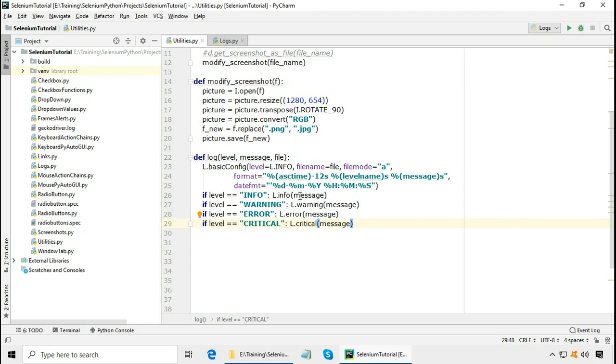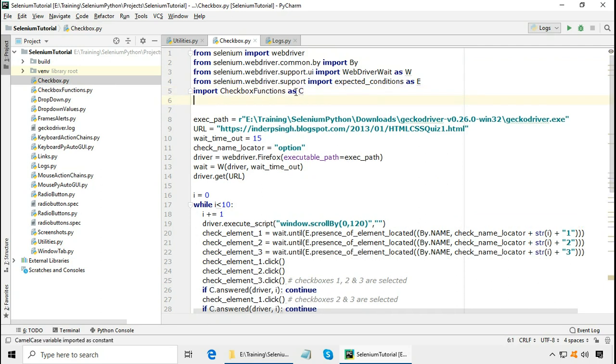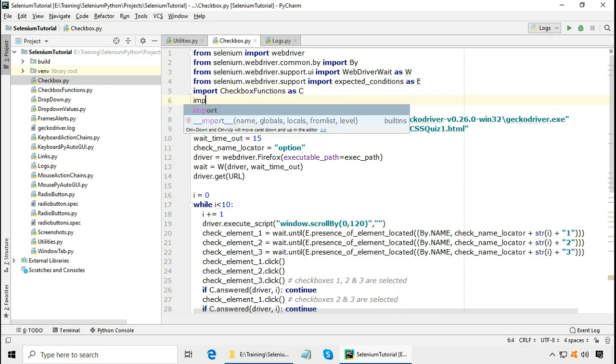Let me call this log function in the checkbox Python script that I showed you in my Selenium Python tutorial 3. Now here, first of all, we have to import utilities.